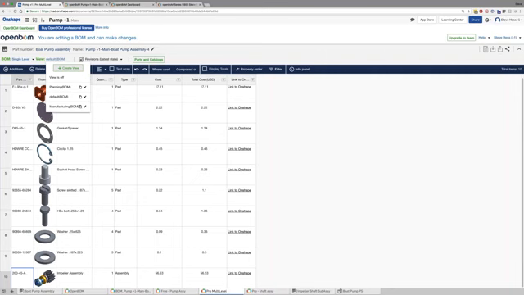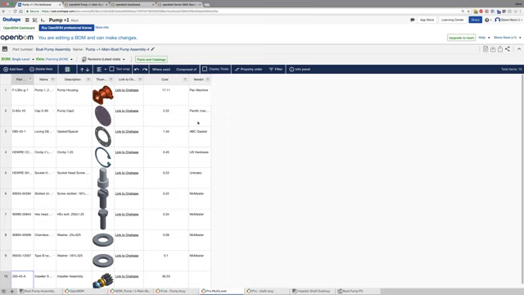So let's take a look at somebody else in your organization, maybe the planning group. So here's the planning group. They probably want to see cost, maybe some other information. Certainly they want to see the vendor that wasn't important to the manufacturing team. And maybe the planning people need to see lead time.